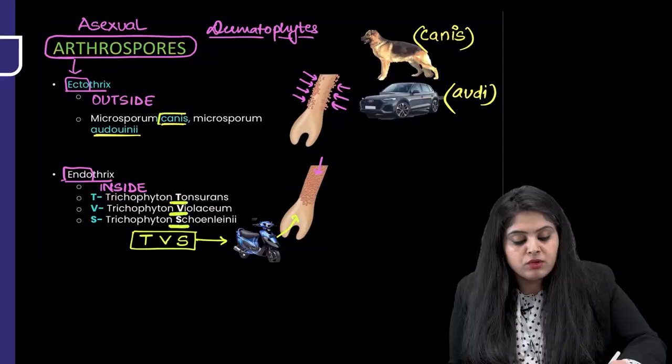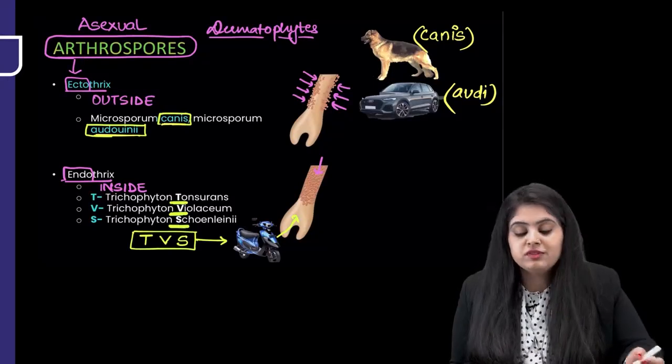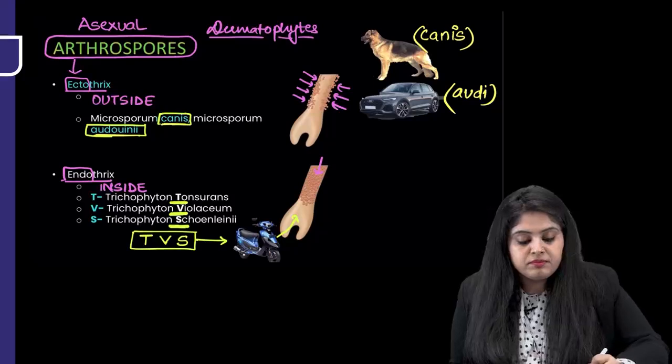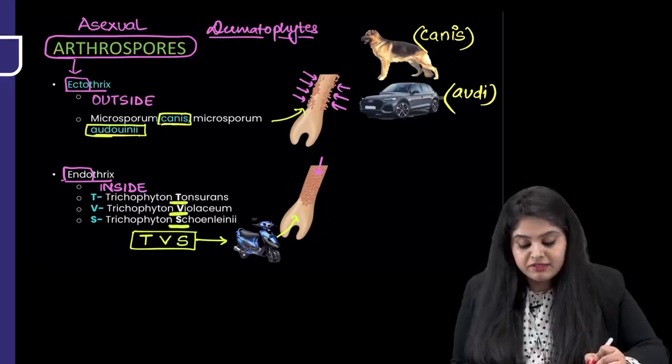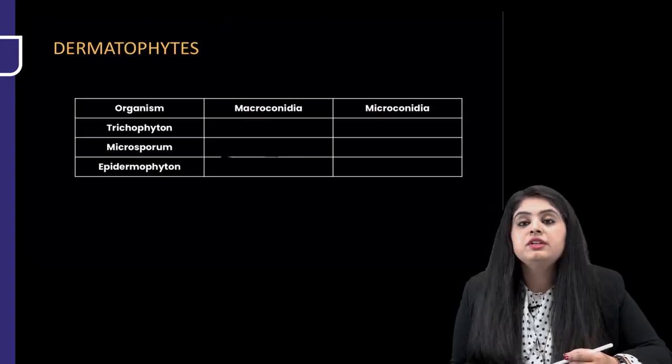Whereas when you're talking about Microsporum canis and audouinii, remember, the dog and Audi will be for show off outside, so that is going to be the ectothrix. Having discussed this, now let's move on and talk about the different organisms and how they are going to look